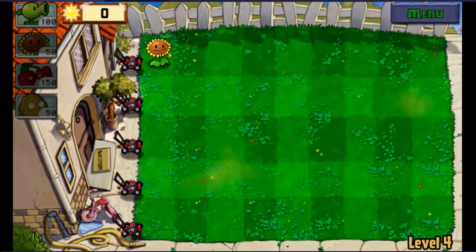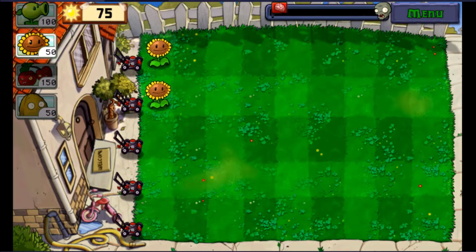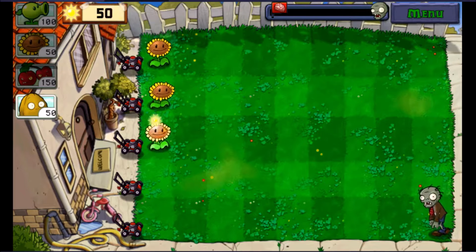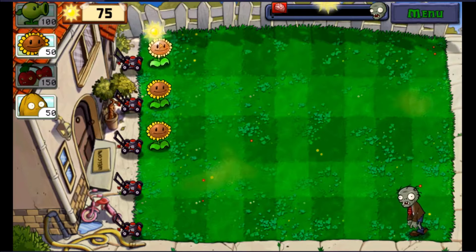That means we have 5 rows we need to protect. That's harder. It means we need to get going on this rather quickly, so we can have a decent sun base before zombies come spawning in. Oh, behold, here they come. All the way on the bottom there. Okay. Let's get enough for this. Or one more sun, and then we can